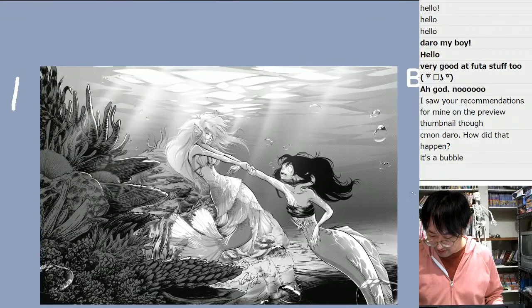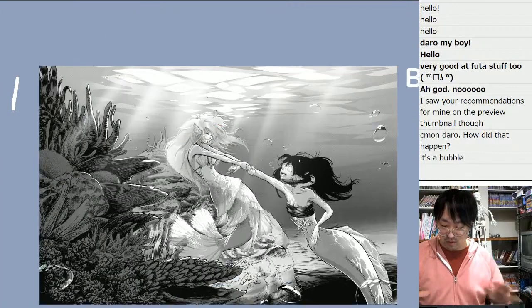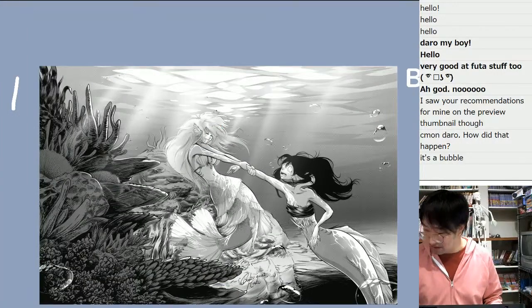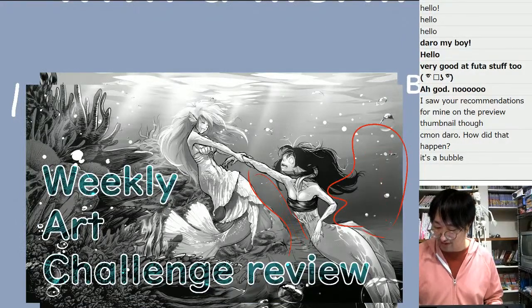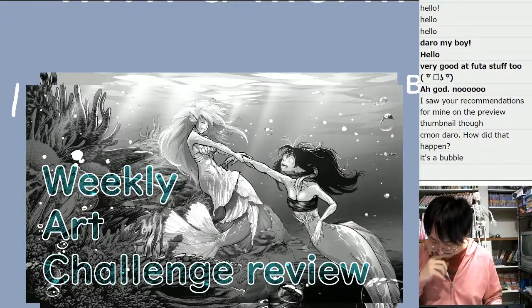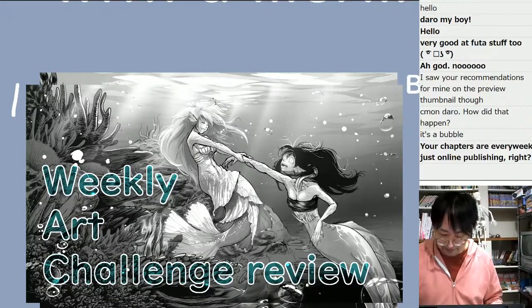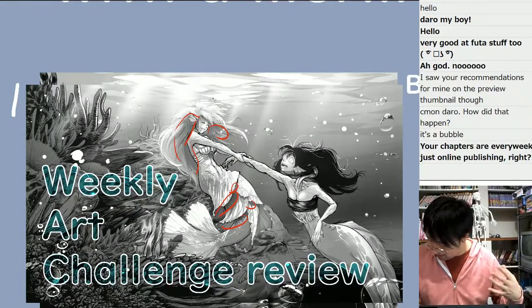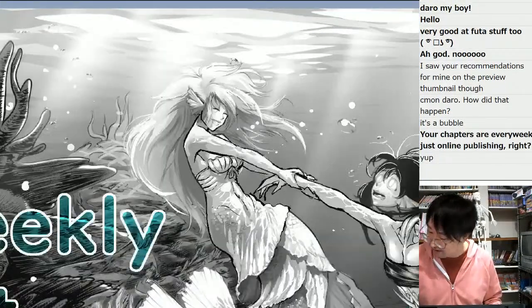Also, the characters need to stand out a little bit more. They kind of sink into the whole scenery. So what I did here was I added some dark gradation so that the characters stand out more. I made the characters have more contrast instead of them being a little bit too grayish. So more shadows in places, and also the anatomy is